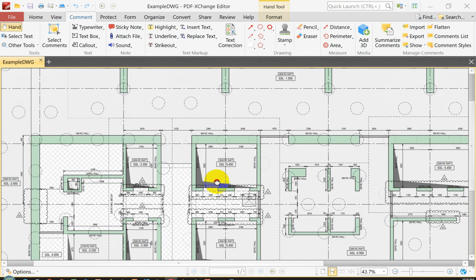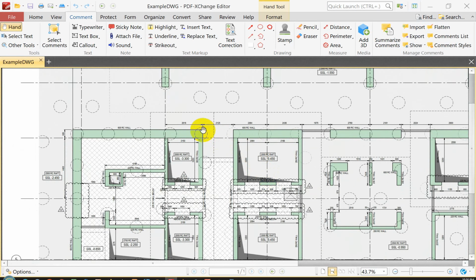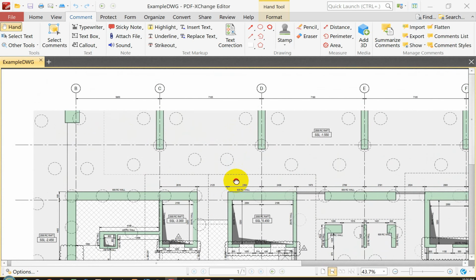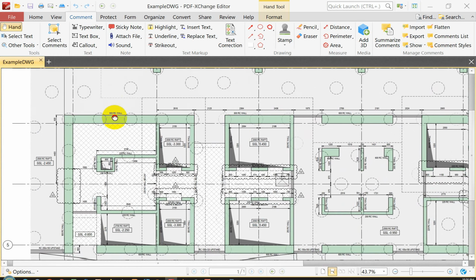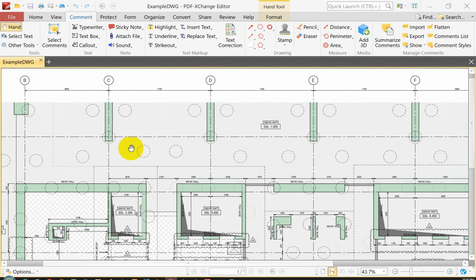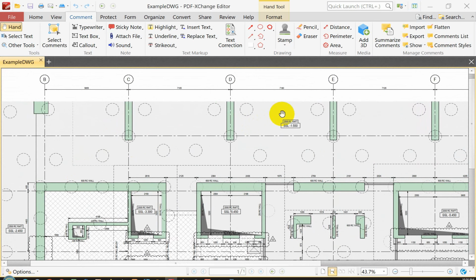Let's say, for example, you're checking this drawing and you want to check the distances between certain items on the drawing which are not shown in this drawing, and you don't have the privilege of an available CAD operator to put those dimensions on the drawings themselves. So you only have a PDF. So let's say you start measuring distances. If you click on distance,